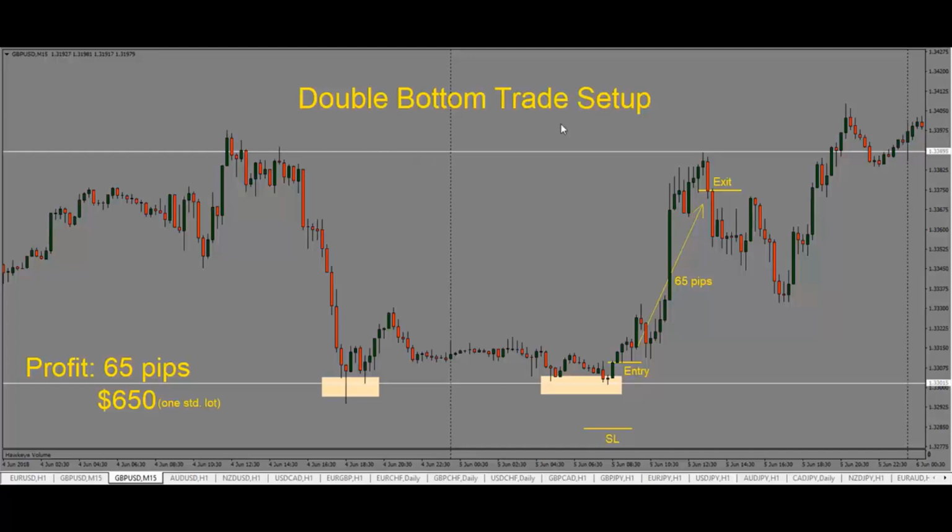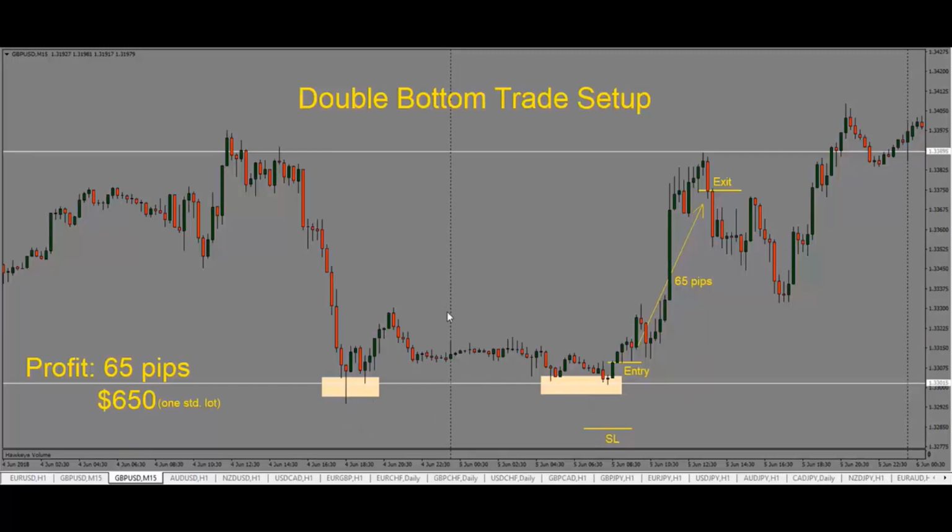So just to recap, a double bottom trade setup is when price comes and tests a support level once, bounces off of that, and then comes and tests the same level again, but is not able to break to the downside, and we get a bullish candle close here. So this shows us that price is not able to break to the downside, and chances are it's likely to continue upwards now. So this here gives us our double bottom, and especially double bottoms like this that are intraday